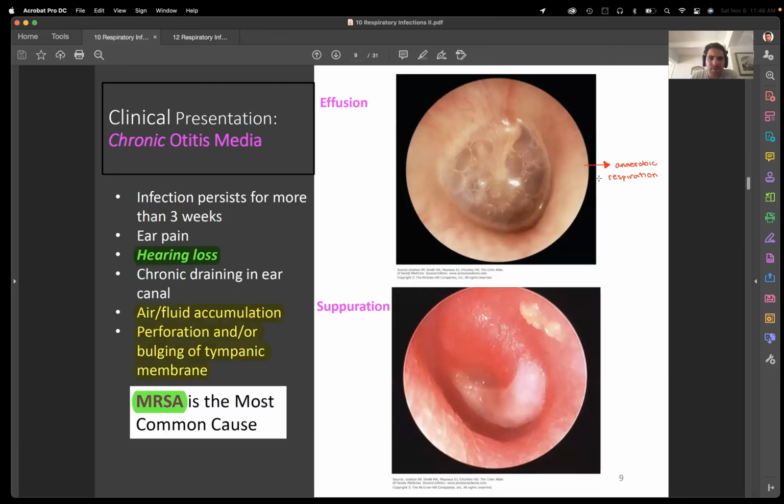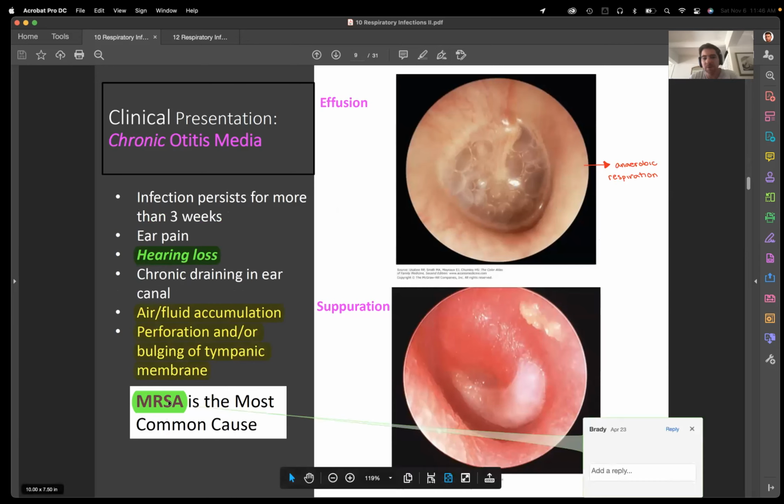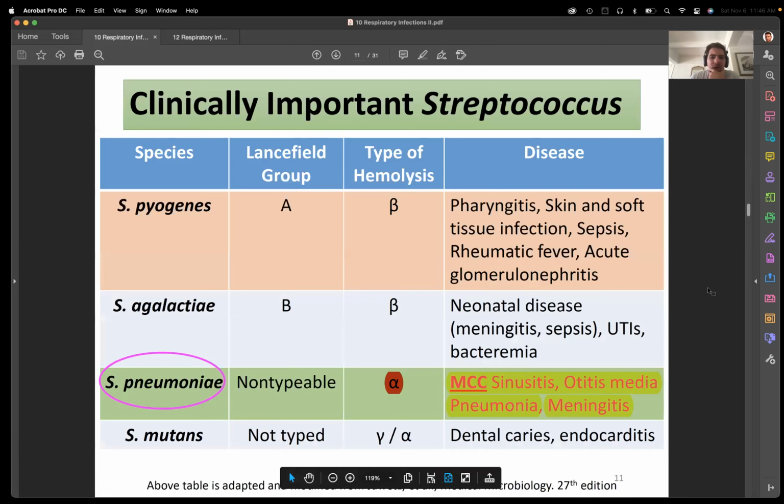Yeah, right. You can see that going on here. And this thing, MRSA, is the most common cause. So yeah, staph, bad staph. All right, so this is a great slide to be able to differentiate these, because they're going to tell you